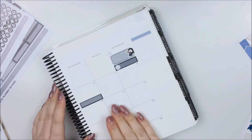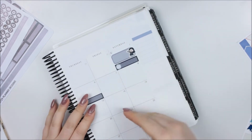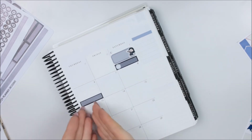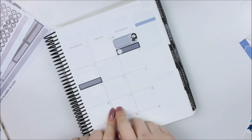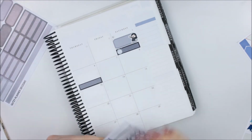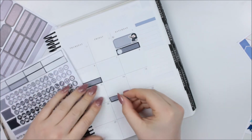And then I had something on the 13th, but then something happened on Friday which basically vetoed what happened on Thursday, like what I had marked down. So I'm going to put two different things on Friday. I'm going to put the darker one on the bottom,